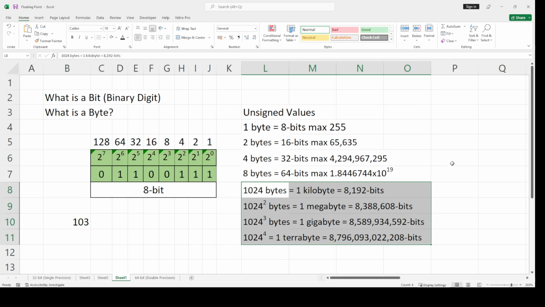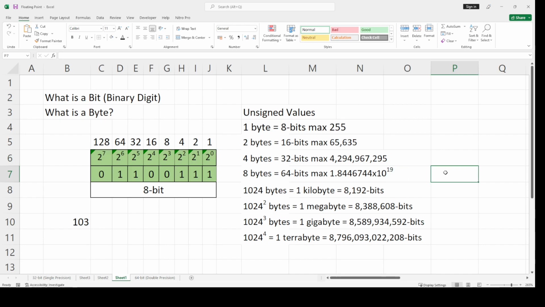But in reading numbers, 64 bits and 32 bits, that is how many? 4 bytes and 8 bytes, respectively. 4 bytes is equal to 32 bits and 8 bytes is equal to 64 bits, which is enough to contain very, very large numbers, because we convert it into a floating point representation. So please watch those videos so that you can understand how the computers read numbers.